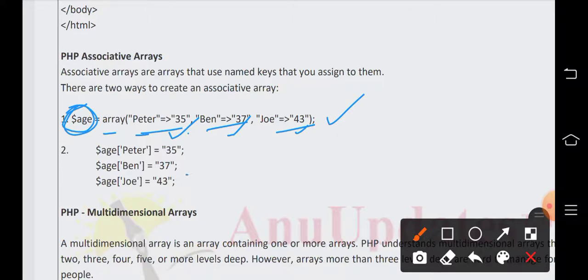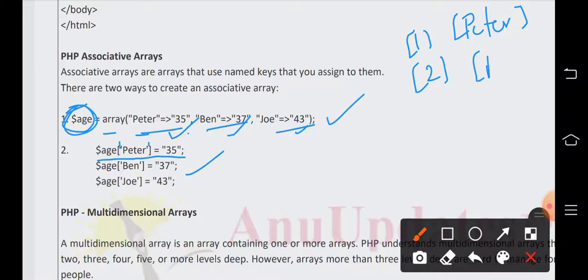And this is the second way of declaring an associative array, like age of Peter is equal to 35. You can place this in single quotes or double quotes. These are the two ways to create associative arrays. Indexed array means numbers, whereas associative array means names. Hope you all understood these two types of arrays.